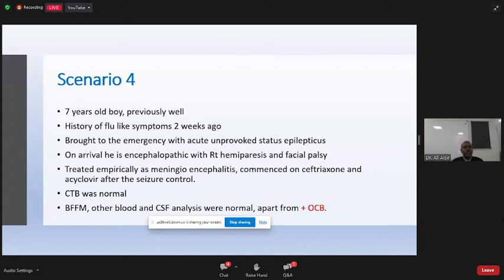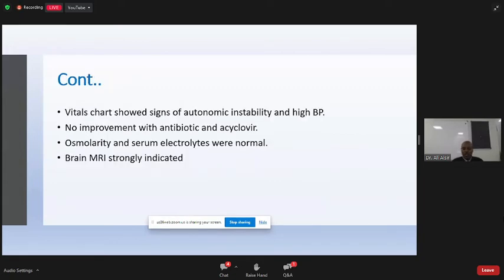He was treated empirically as meningoencephalitis, commenced on ceftriaxone and acyclovir as usual, empirically, and had good seizure control in the emergency. CT brain was reported normal. That was surprising. Blood film for malaria came negative, and CSF analysis was completely normal, but the oligoclonal band came positive, because they expected that it could be a kind of autoimmune encephalitis, or it could be any other kind of demyelinating disease,